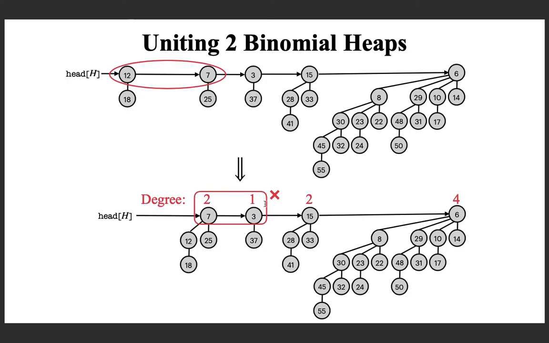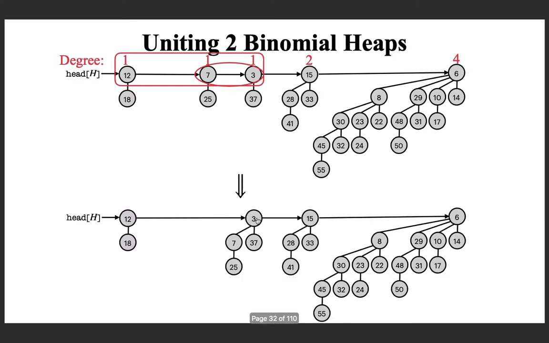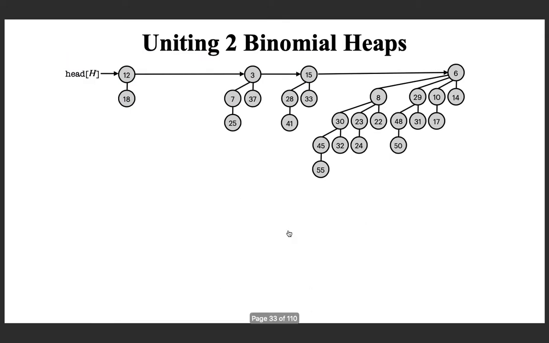So this tells you that in such a case where you have 3 binomial trees of the same degree, don't combine the first 2, but you have to combine the second 2. Try doing it. If you combine the second 2 binomial trees, 3 is the least value, so this will become a left child of 3. You will get this, and that is fine. You copy this resulting instance to the next slide, and this is what we obtained.